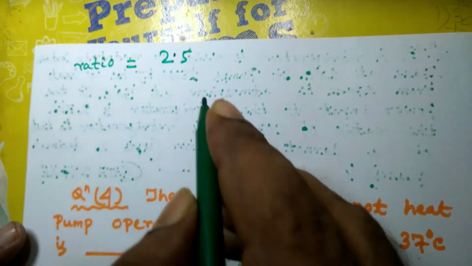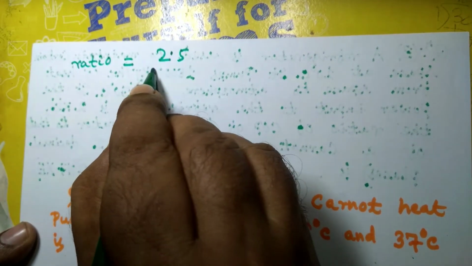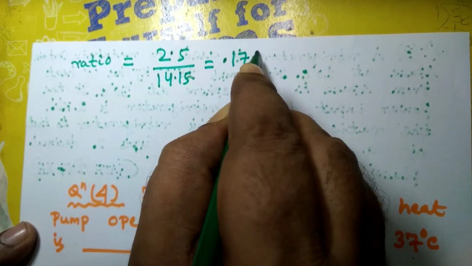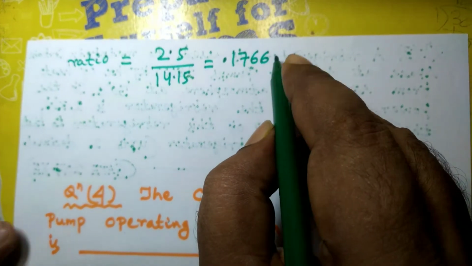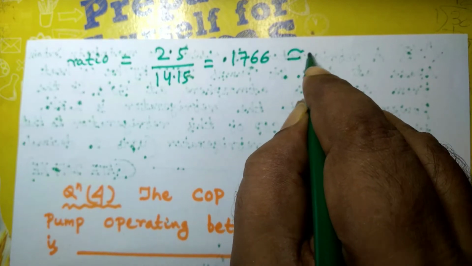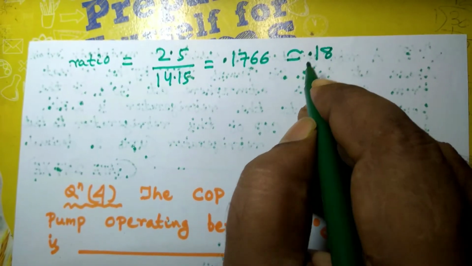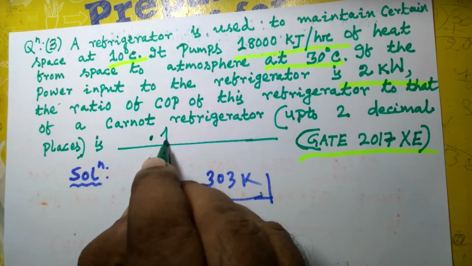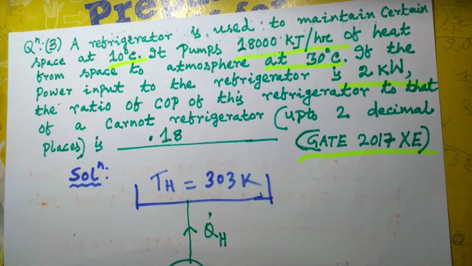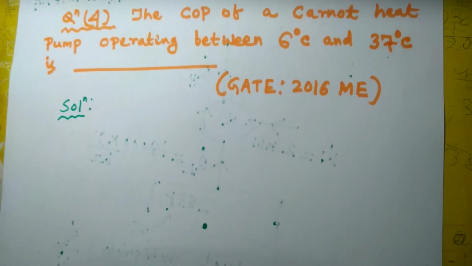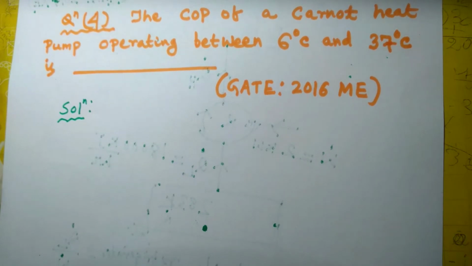2.5 divided by 14.15, that is equal to 0.1766, and if you round this to 2 decimal places, it will be 0.18. So the answer will be 0.18. So the next question is question number 4, that was asked in GATE 2016 mechanical engineering, and the question